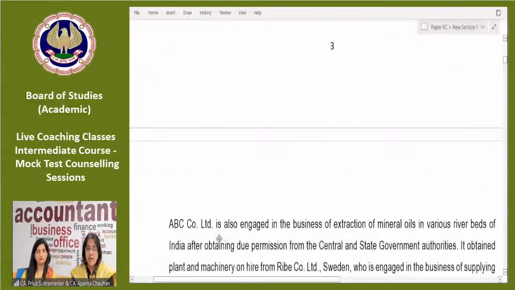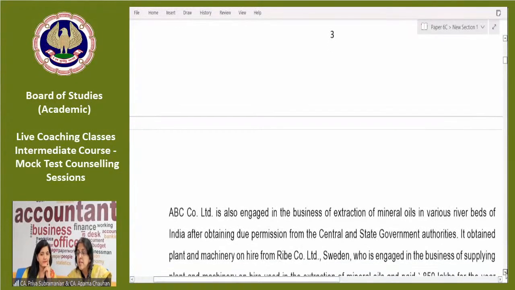Now coming to the next paragraph. ABC Company Limited is also engaged in the business of extraction of mineral oils in various riverbeds in India after obtaining due permission from the central and state government authorities. It obtained plant and machinery on hire from Right Company Limited, Sweden, who was engaged in the business of supplying